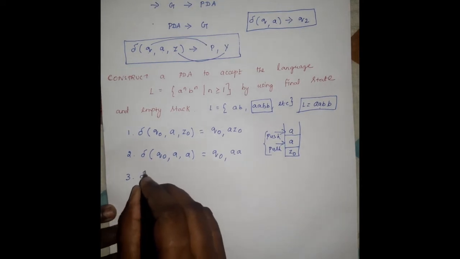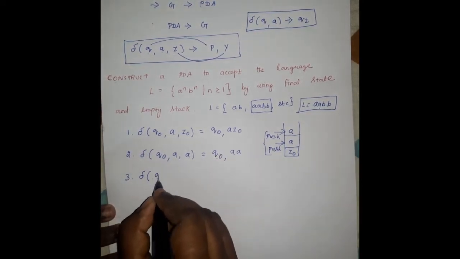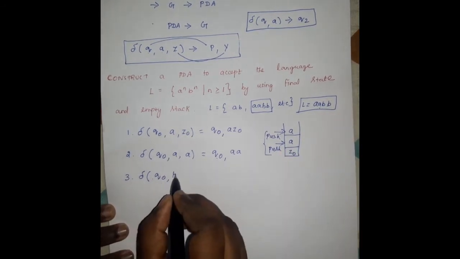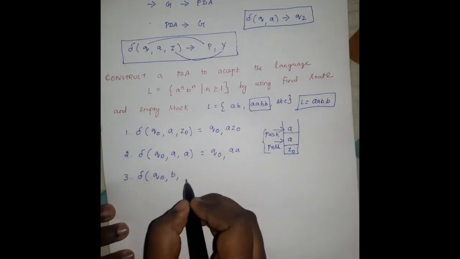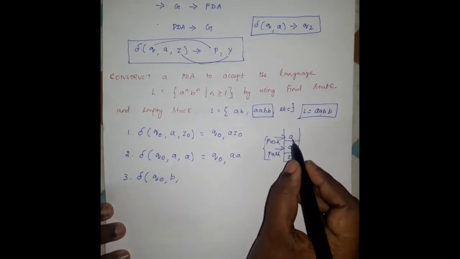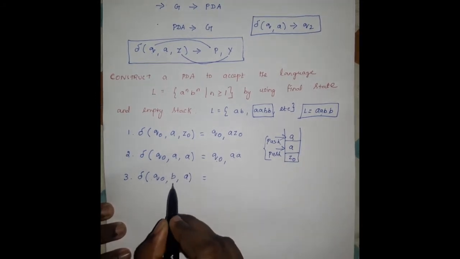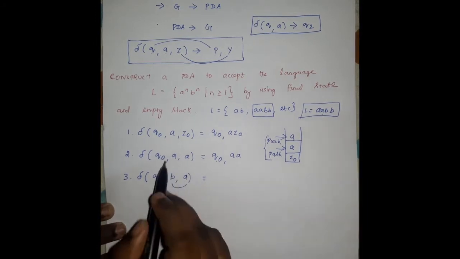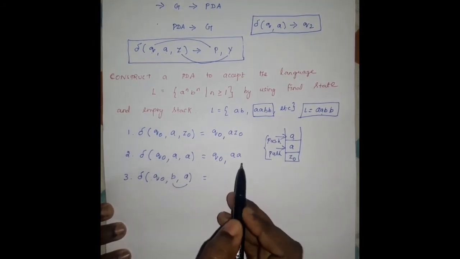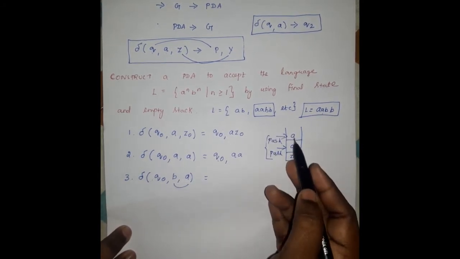Next, the transition function delta, and this is the current state, so we are writing this state here, Q naught, and the next input symbol is B. So here the input symbol is B, and this term includes the top of the stack. So here the top of the stack element is A, and whenever the symbol changes, here A is read and the next symbol is A.